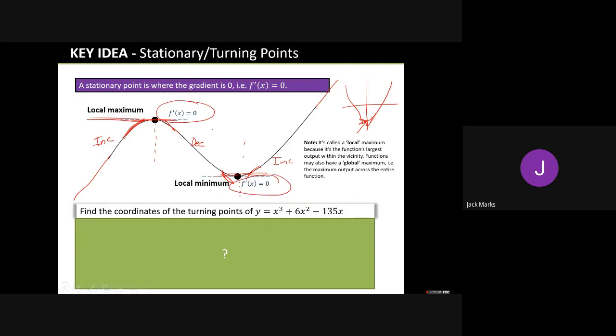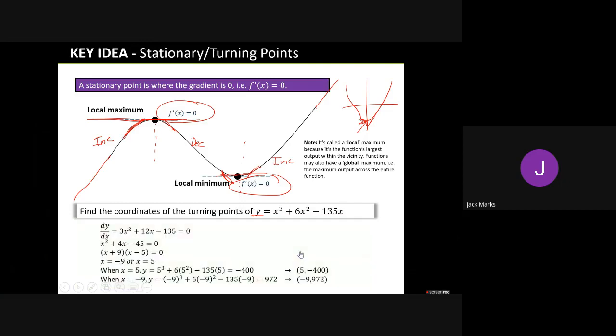You won't quite appreciate the usefulness of this now, but this is very important in all kinds of fields. This has many applications for things like profit maximization or optimization generally. So this is a really important idea. Find the turning points. Well, the turning points are when the gradient function is equal to 0. So I'm going to differentiate this and set it equal to 0. If I differentiate and set it equal to 0, I can solve and I can get these values here. What does that mean? It means on this cubic graph, which has no y-intercept,